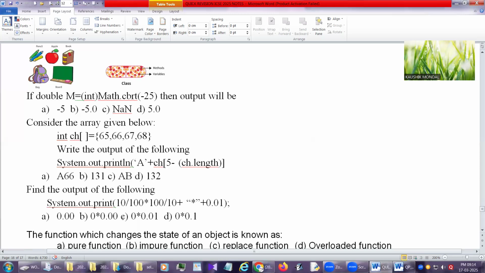And while you are writing the options, you need to write down the options with the correct answer. If you want to write the correct option, write with the correct answer also. But mind one thing, like you wrote for this one, considering the array, the correct answer is 131, but you wrote B, but instead of 131 you wrote 132, you will get 0. Both need to be correct if you want to get the marks.